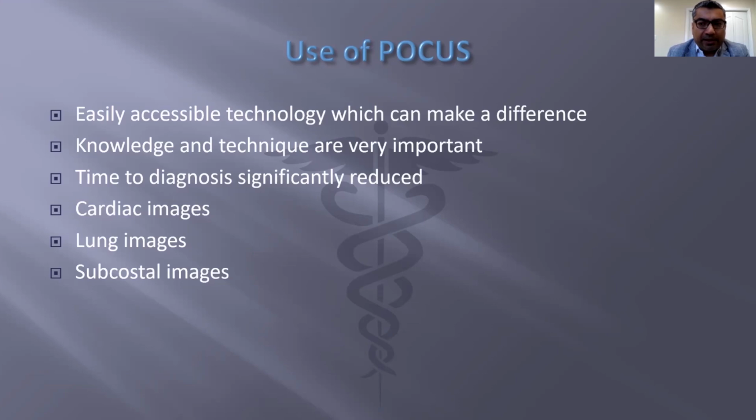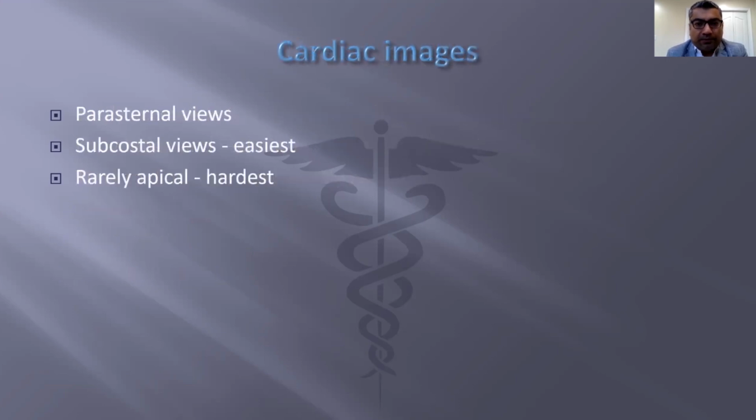Usually, we do cardiac images, lung images, and subcostal images. For cardiac images, the easiest are the subcostal views. And the second, which I would suggest, is to learn some parasternal views. And rarely you may